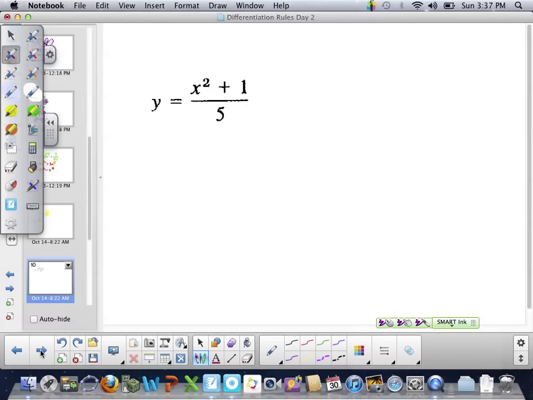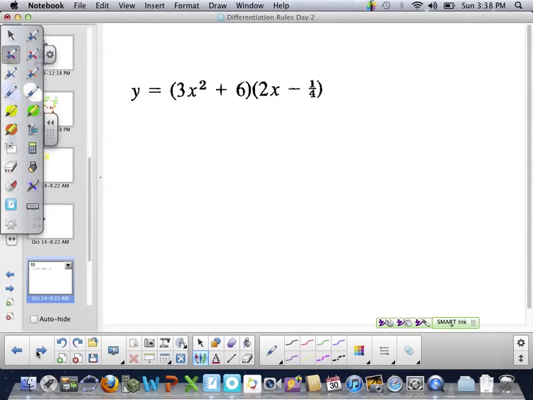All right, this is the 2 on 1. We got a fraction with 2 things up top, 1 thing on the bottom. So we're going to split it. We got 1/5 x squared plus 1/5. And then take the derivative of each piece. So our derivative, dy dx, 2 times 1/5 is 2/5, x to the 1st, and then 1/5 is a constant. So we'll need the derivative of 1/5. This one,